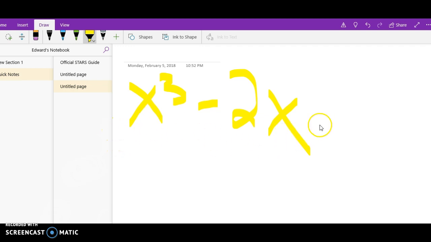You got x and that, x and that. So what we do, we'll bring out x and the factor. It'll be x squared